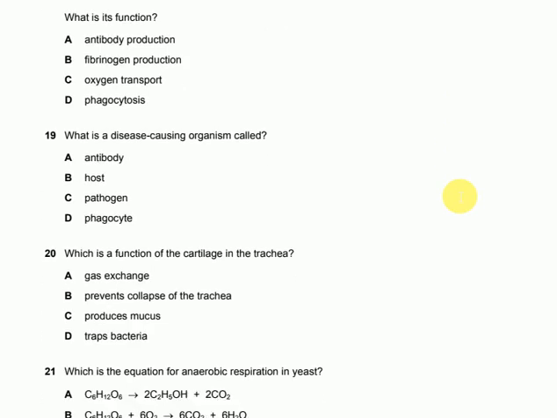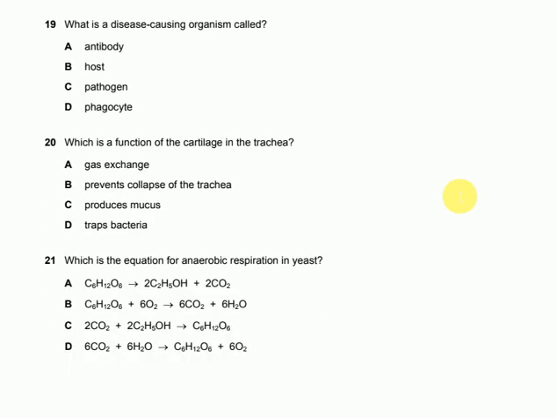Question number 19. What is a disease-causing organism called? A pathogen. It's not a phagocyte. A host is the thing a virus enters into, so that's a host. And an antibody also protects it, so it's definitely not a disease-causing organism. It's a pathogen. Pathogens are defined as disease-causing organisms. It's given in our syllabus. If you haven't read the syllabus, you should read it. It's like your Bible for studying in IGCSE. So always refer to your syllabus. Always. Okay? It's a pathogen.